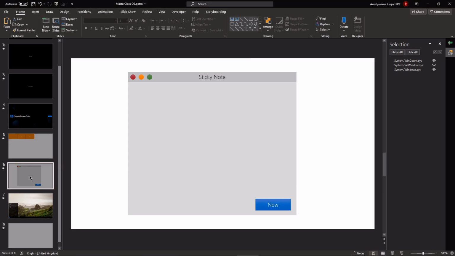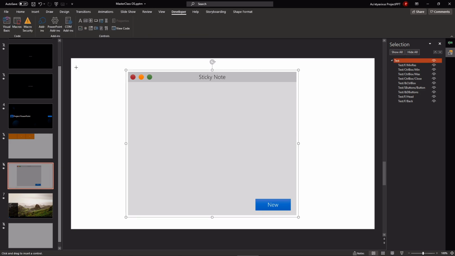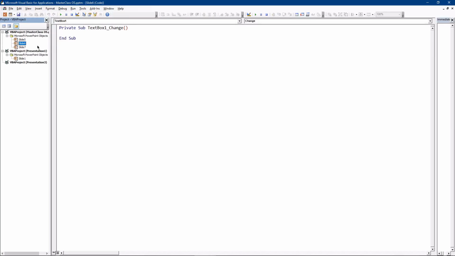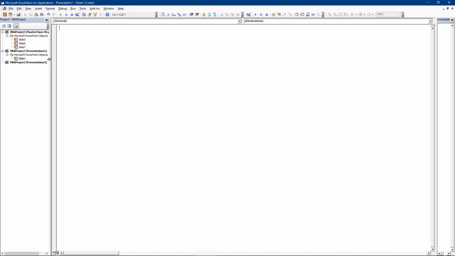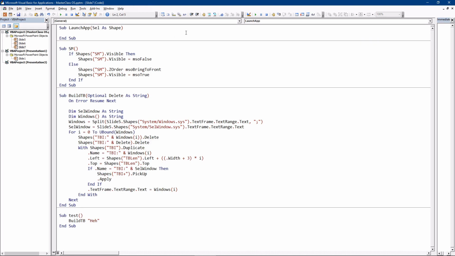So, this is stored in slide 6. I don't have an object for that, so I'm going to insert this, double click on it, and it creates slide 6, luckily. Usually VBA messes all that up, but it actually did it pretty well there. So, where was I? Back to slide 7. So, slide 6.shapes, and I'm going to pass